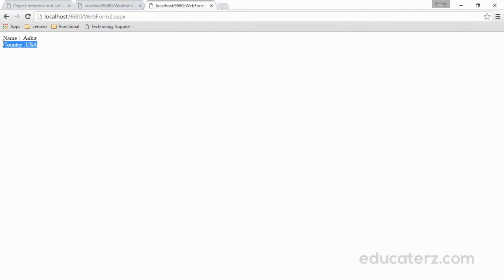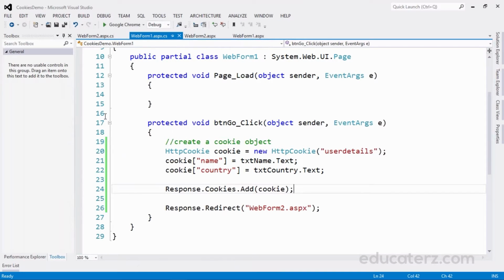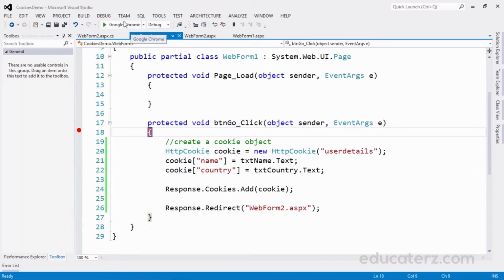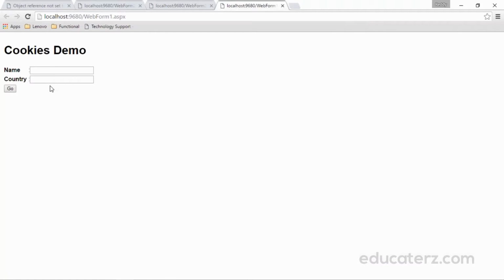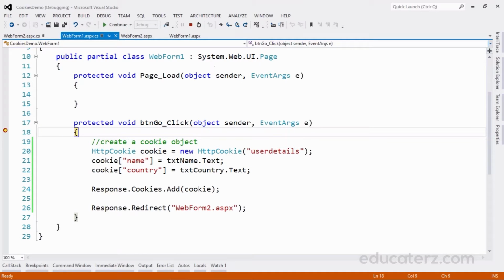See now, we have got the values from web form 1 to web form 2. These are the web form 1 values we have given here, and once I click on the go button, we are getting this in webform2.aspx. Now if you want to see this with a breakpoint, let's see that. Now it is a page load. Let me execute it again. Here I'm adding these values. Then clicking on this, it will take the cursor to the button click event.